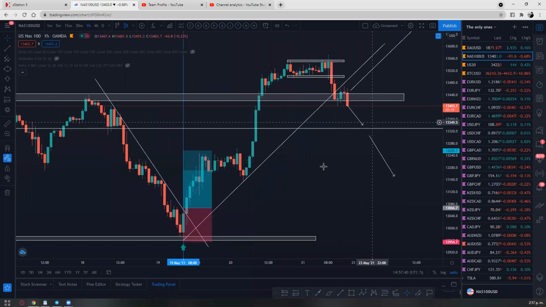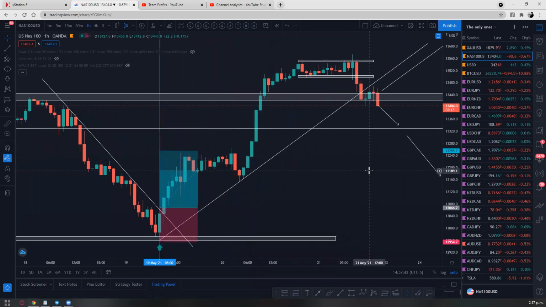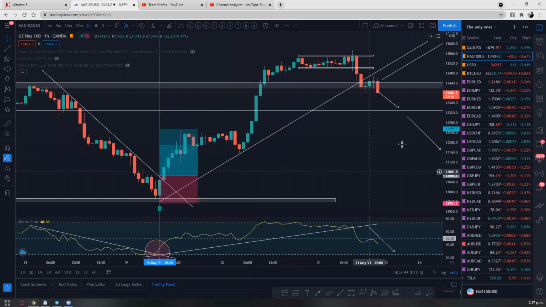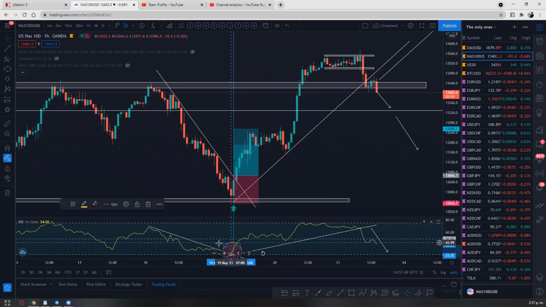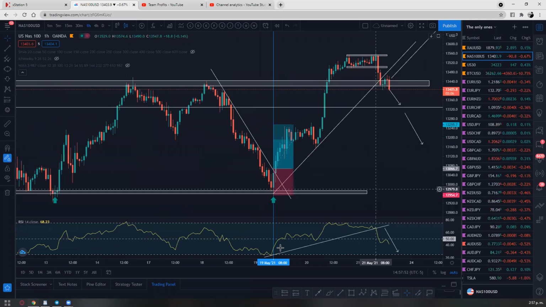Now let's see what we got. So you will be amazed by this. What do we have? Trend line, right? Let me remove this. This works like magic, man. Nobody shares this information for free. Look,